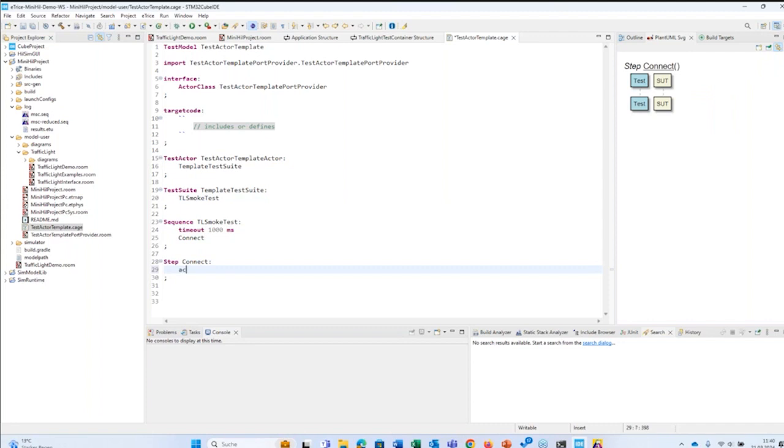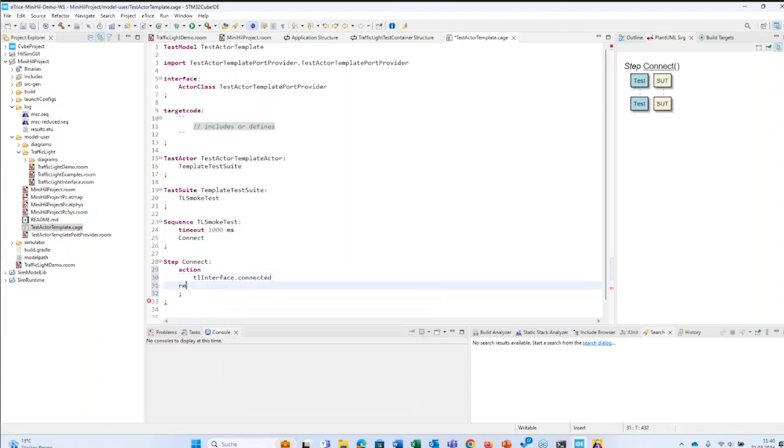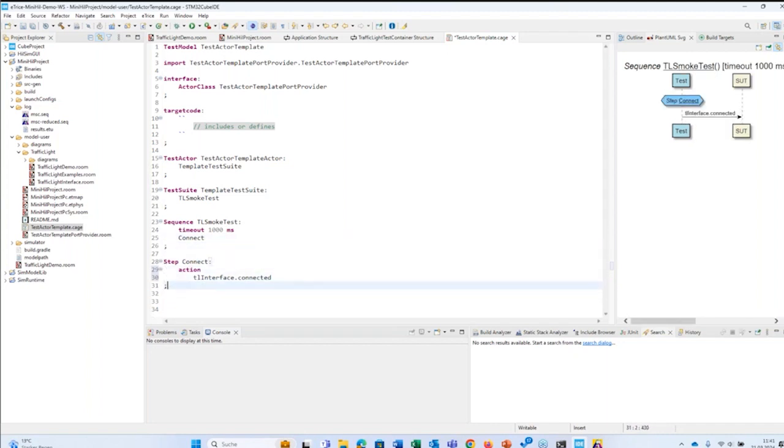So let's create the first action. I have the traffic light interface, and I want to send a connect, and I wait for a reaction. In this case, I expect a reaction from the traffic light interface. That's the transition I designed before, and I expect a connect. No, let's do it otherwise. First I connect, and then I expect, for example, in the next step,